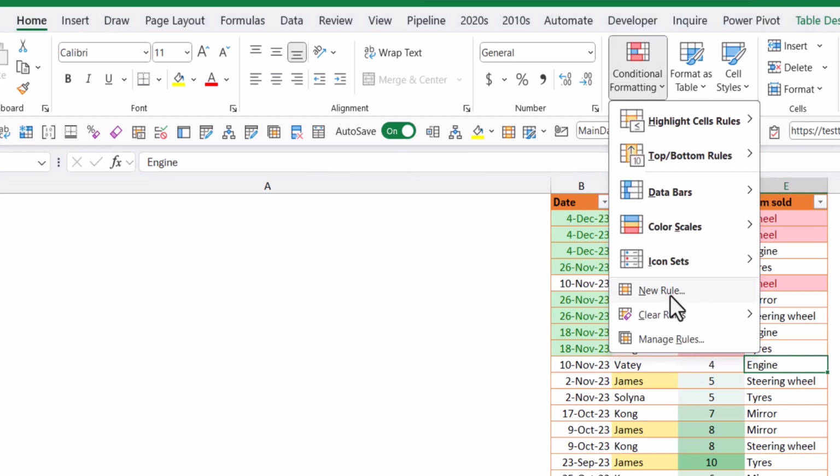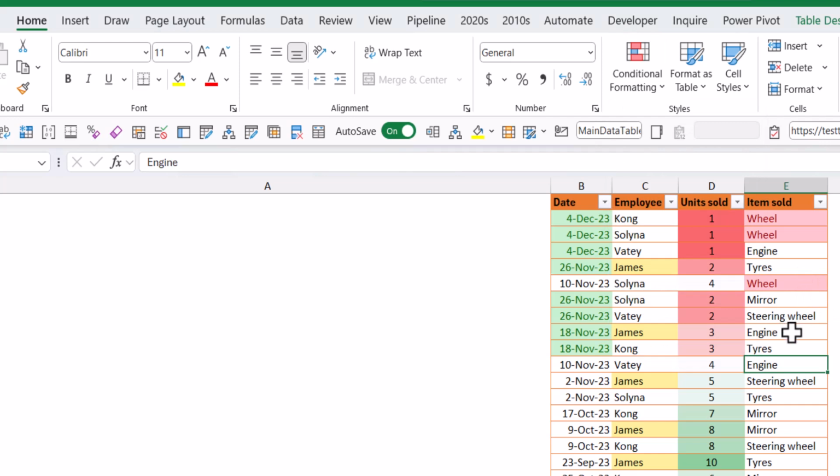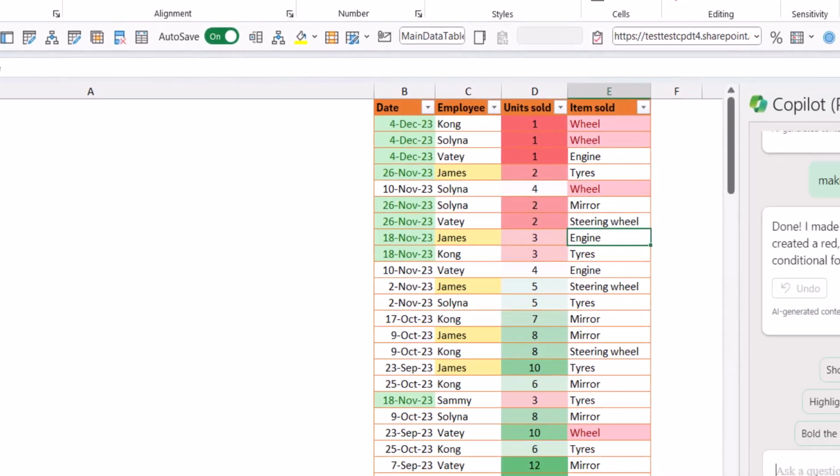You can do a new rule and add a code that will allow you to highlight the entire row based on something or do other more advanced things. But unfortunately, Copilot at the moment is not able to do that. You can replicate a few of these actions, like the basic formatting stuff, but there's so much that it says it can't do. Like if I say